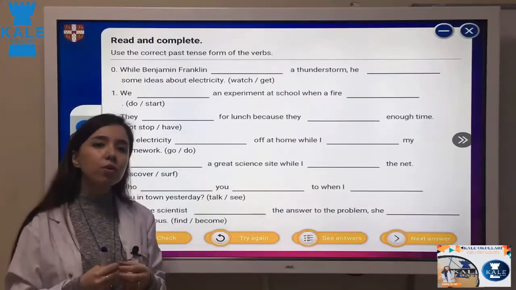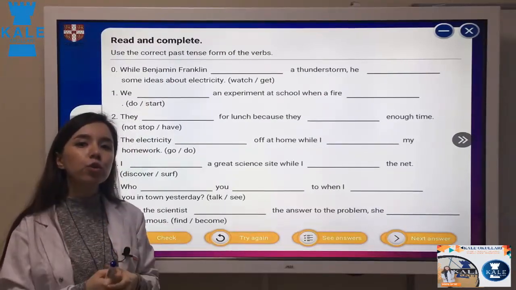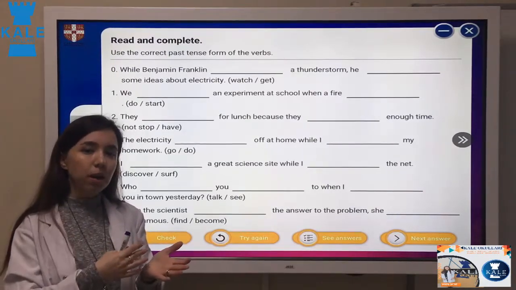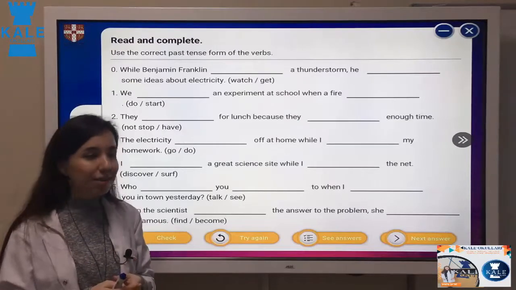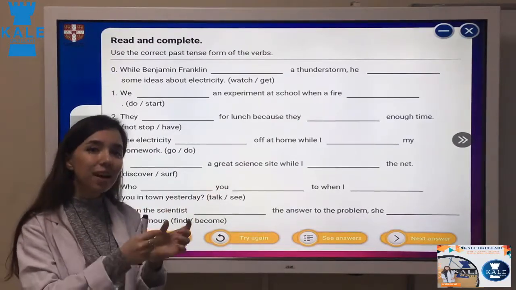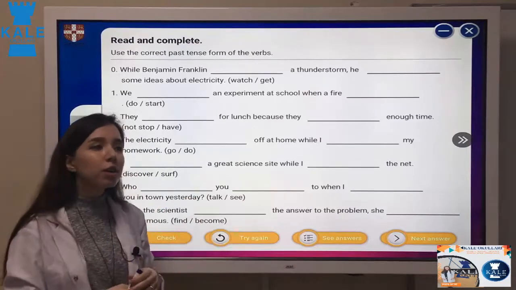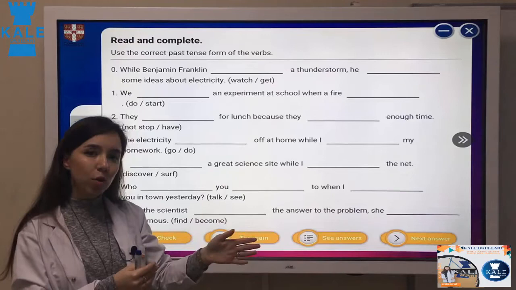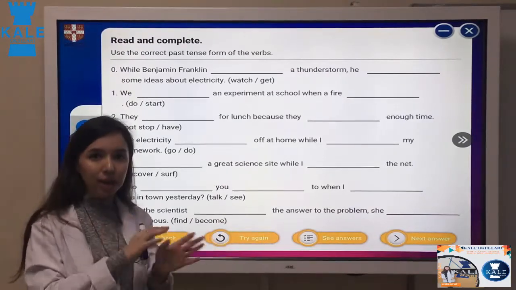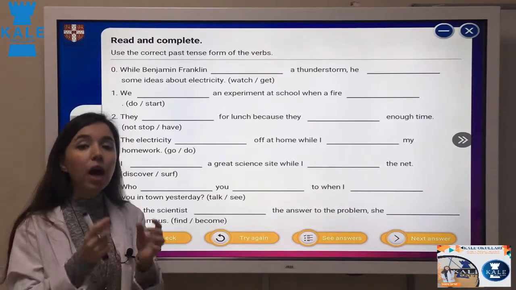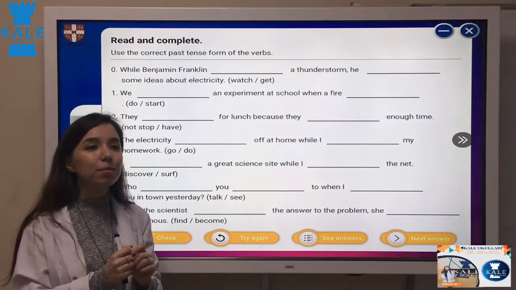So, first I want to explain a little when we are going to use past simple. You know present simple, yes? All the time we talk about present simple. But what is the past simple? It is an exact time that something finished. For example, I said, I finished my tea 10 minutes ago. So, I drank my tea, it's finished. I finished my homework, I ate something. All of them are past simple.